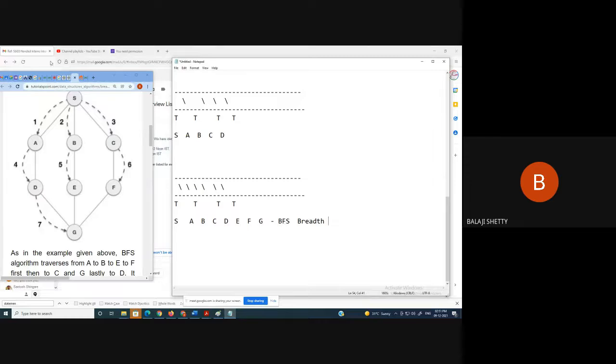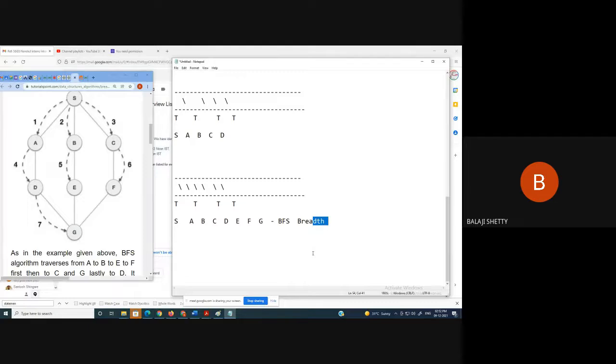Suppose that there are 6 nodes, then our output would have had all those nodes. At the next level, suppose there are 7 nodes, our output would have had 7 nodes next. Then 8 nodes, our output would have had 8 nodes. Is it clear or not? Yes or no? Understood? Yes, sir. Okay, good. Thank you.